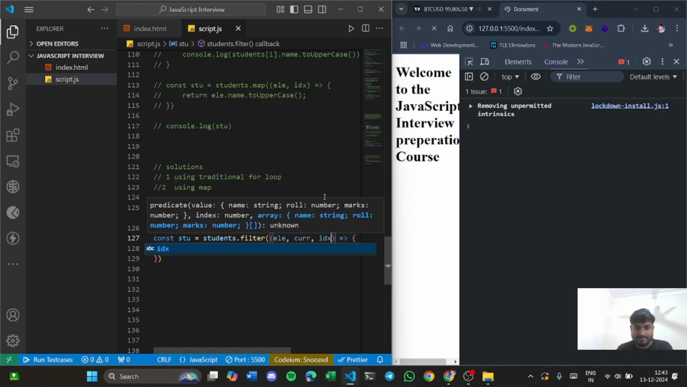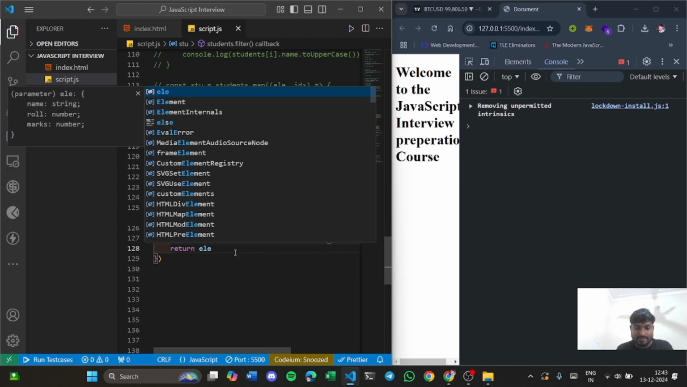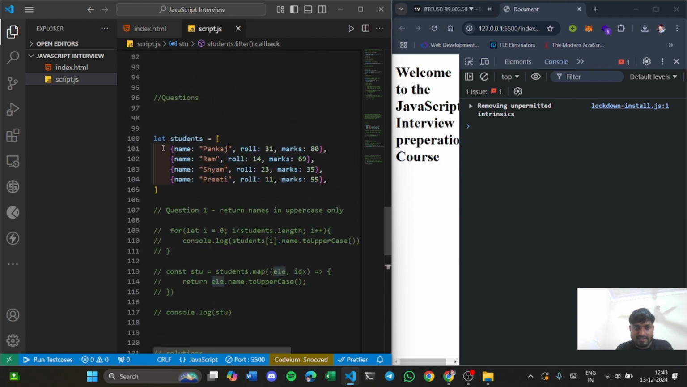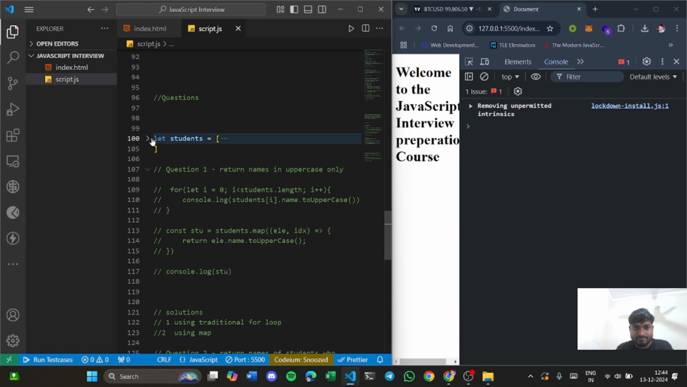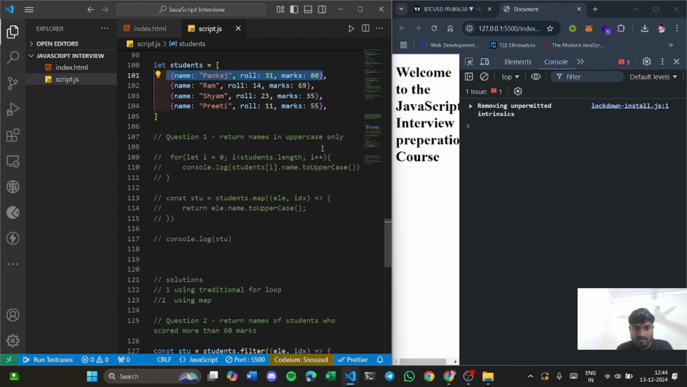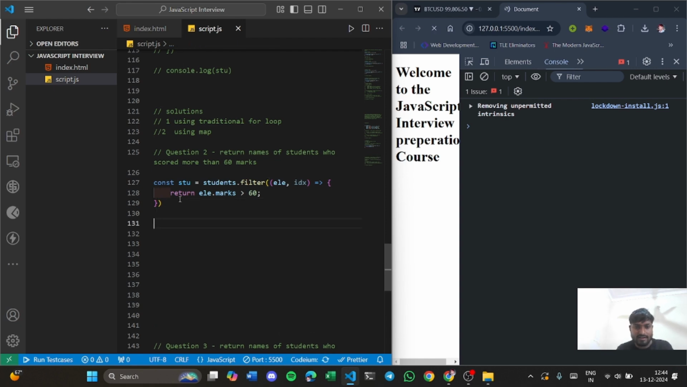Current element and idx here. So if you want to return the name of the student who scored more than 60 marks, you need to write the return statement as element dot marks is greater than 60. This element represents each element in this student array, and each element is an object here. By the dot operator we are accessing the marks. So this is how it works, and if you print this,